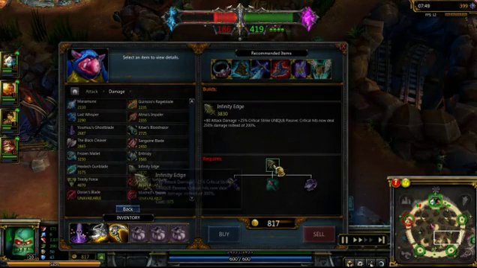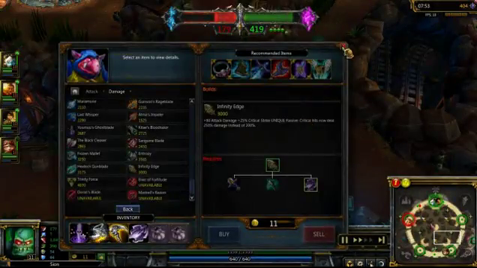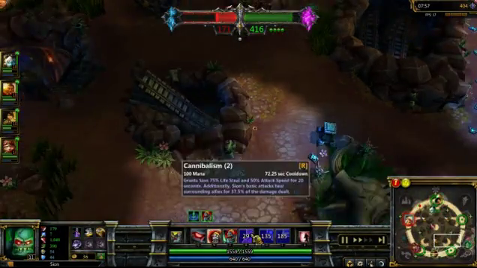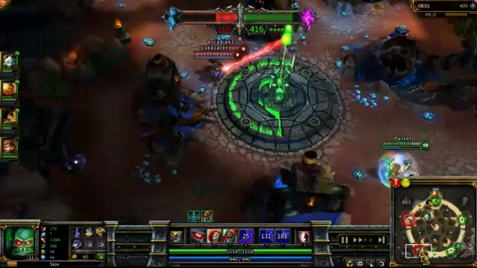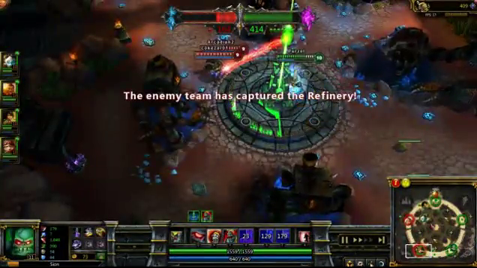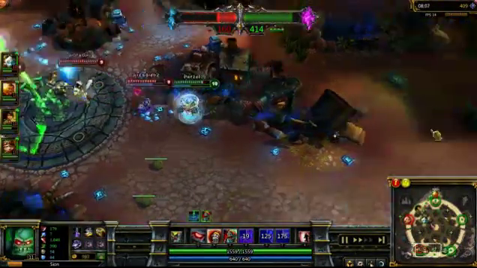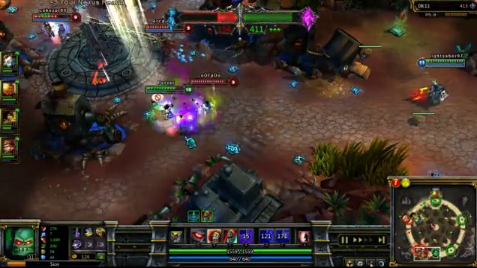So far I'm not going too badly. I'm going to be buying my Cloak of Agility. So I'm going 4-1-1. I take another point in my ultimate, so the attack speed stays the same but the lifesteal increases. So Teemo has taken the Greater Storm buff, I'm not sure what it's called, but it allows him to become bigger, and he